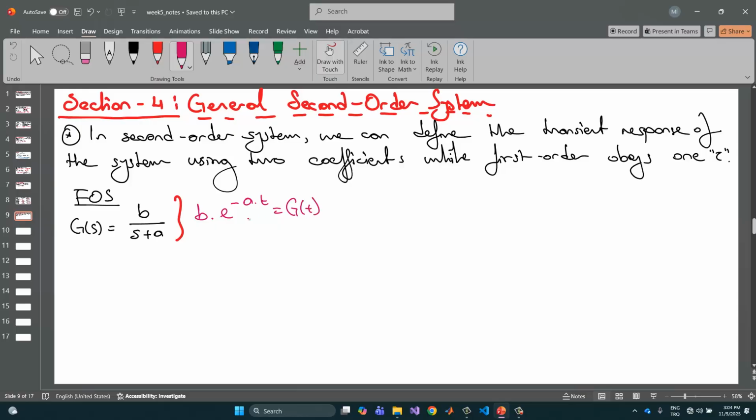This is the g(t), or b times e to the power minus t times 1 divided by tau, because 1 divided by tau is equal to a. Okay, and so the two concepts should be given in here again,